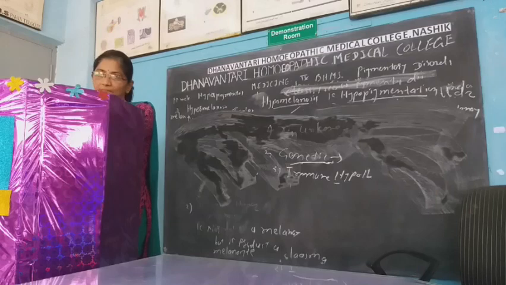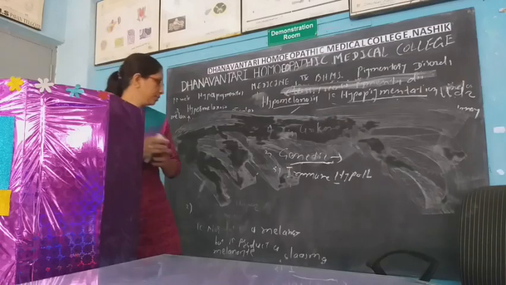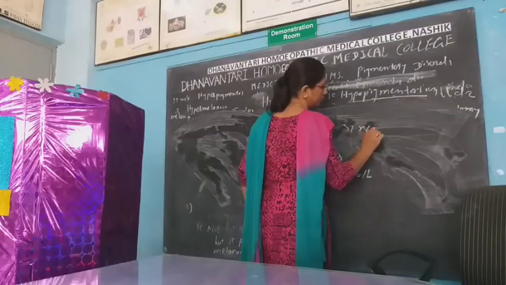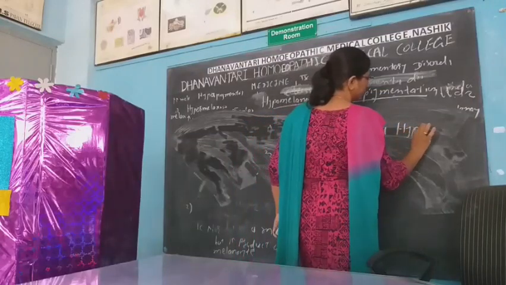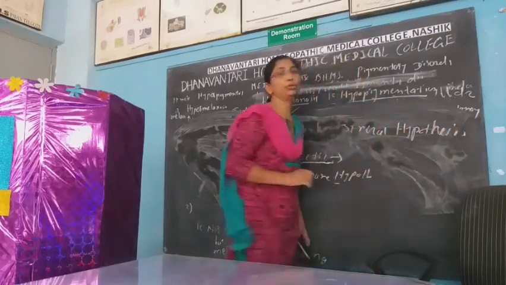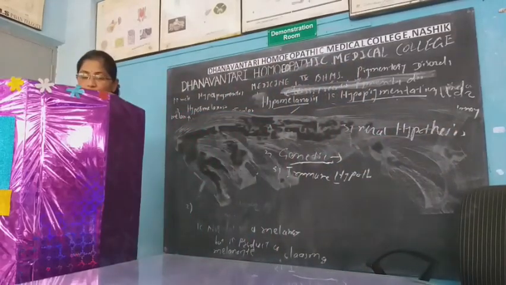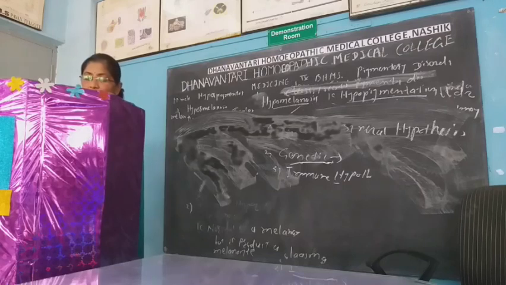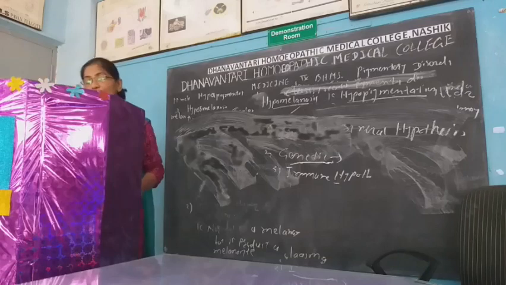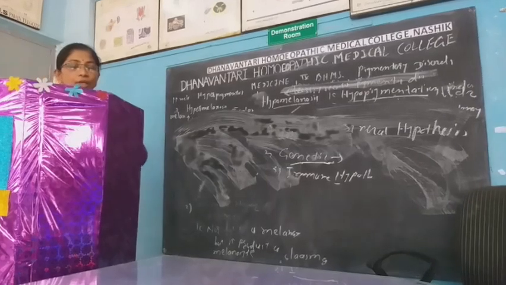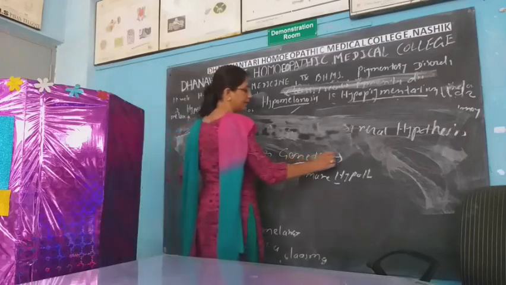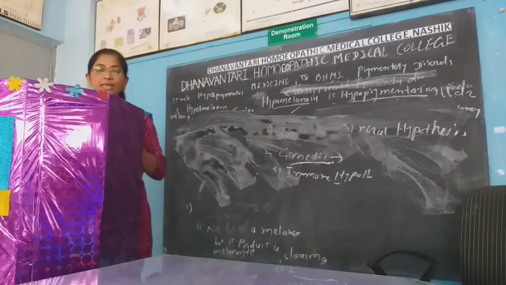Next is the neural hypothesis. Third cause of vitiligo is the neural hypothesis. A neurochemical mediator affecting melanocytes, and the segmental distribution of vitiligo in some cases, support this hypothesis. So these are three causes of vitiligo, but the most important is genetic, and unknown cause is found in most of the cases of vitiligo.